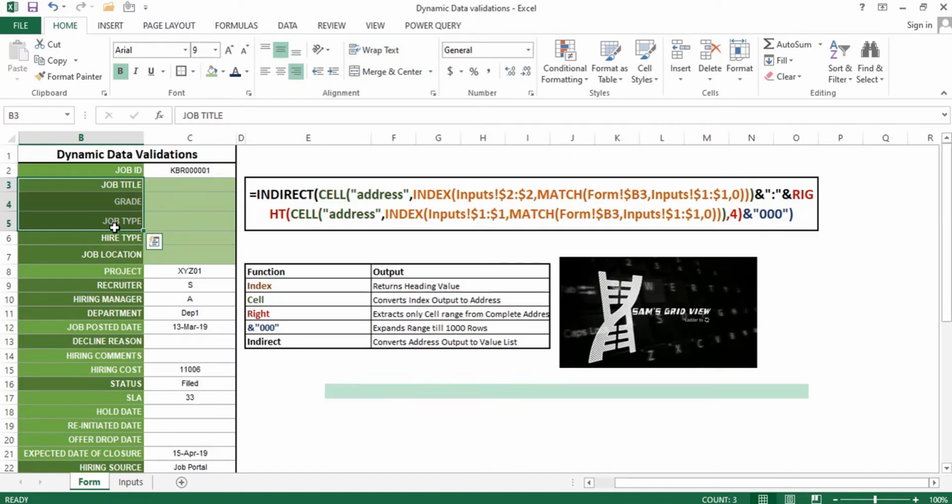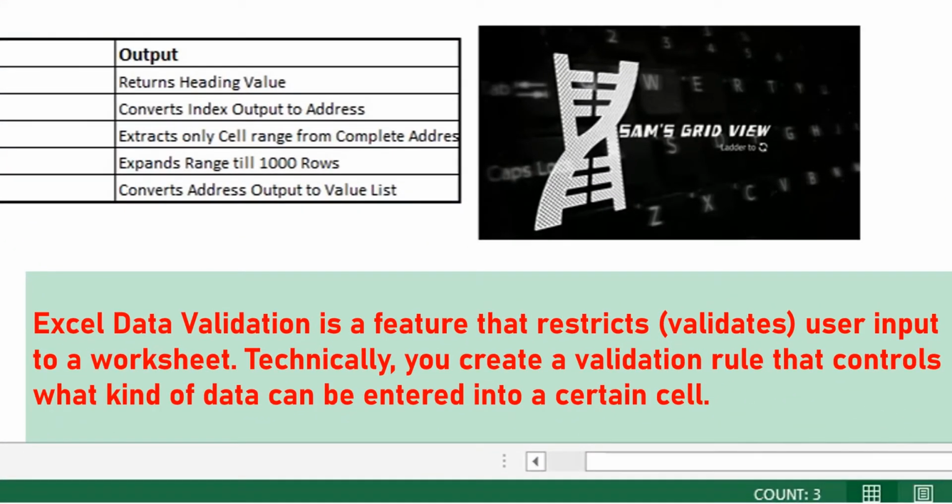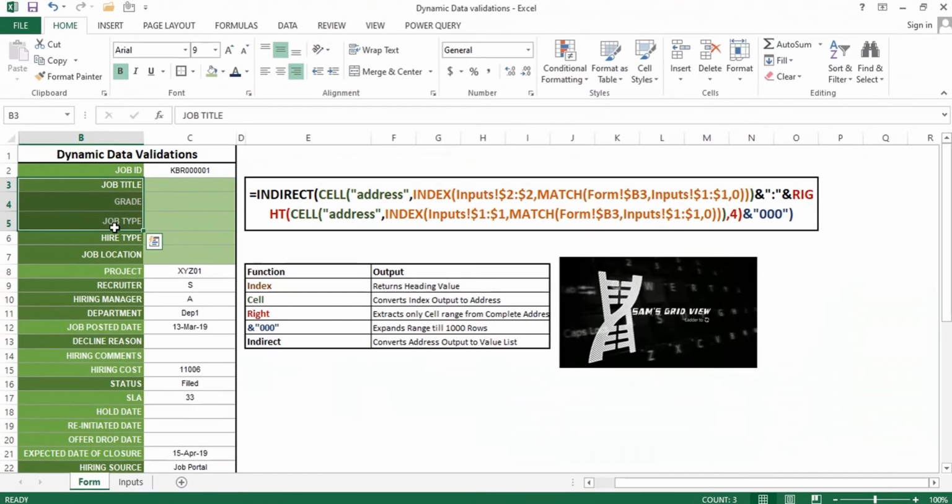So first of all, what is data validation? Data validation is a process where we are restricting the user from typing in information beyond its requirement or expectation. For example, if this particular cell requires only text information, we can define that using data validation. And in the same way, if we want this particular cell to be used only for date-related information, yes, we can restrict that using the data validation process.